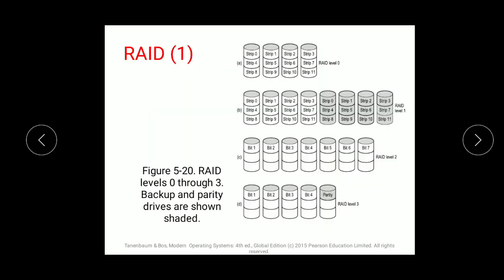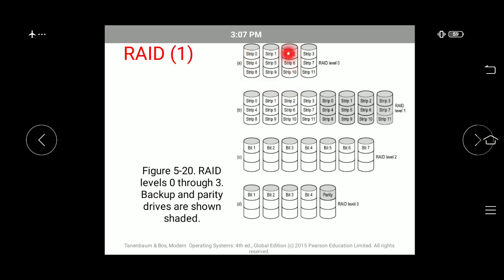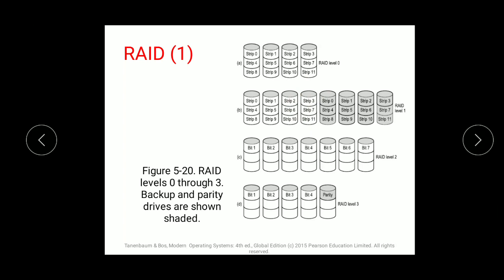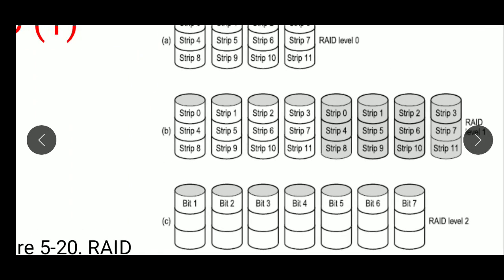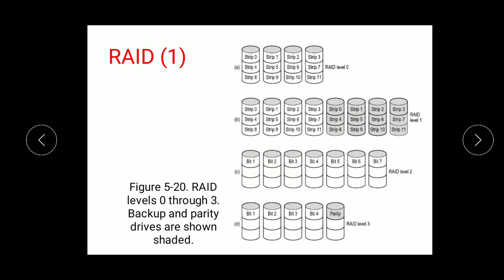Then your magnetic disk also contains RAID functioning. RAID is redundant array of independent disks. So what does RAID perform? Actually you can see these cylinders arranged into strip-like structures. These strips are strip 0, 1, 2, 3, 4, 5, 6, and they have an arrangement. Then here you can see RAID 0, RAID 1, RAID level 2, RAID level 3. So we'll go through each and every one.